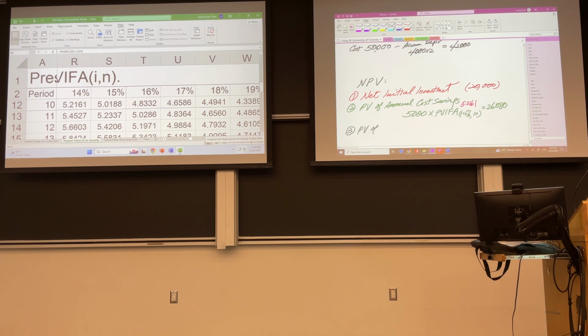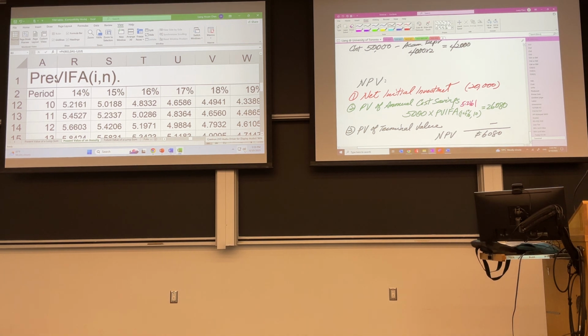Present value of the terminal value. I don't have residual value. There's no old machine, new machine. I have no residual value. Now, what else? Do I have working capital? No working capital, no reversal working capital. So this is nothing. So only three things, very simple. So we added three together, 6,080. This is net present value.